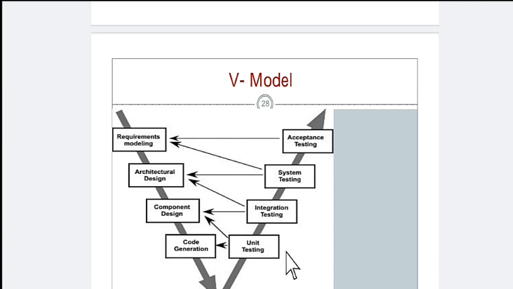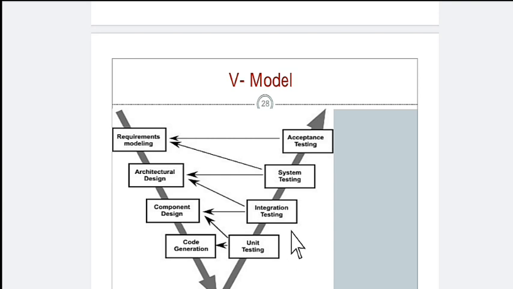If any bugs or errors occur, then we will go backward again. Here the arrow direction is shown towards the component design and the code generation. Suppose we find any bugs or errors in the unit testing block, then we will go backward to the component design, and in component design we will rearrange the components of the software, to remove the bugs. Or we can go from unit testing to the code generation block. In code generation we will make changes in the particular code, so as to eliminate the errors.